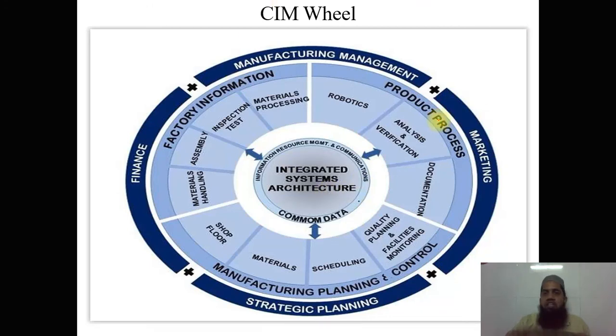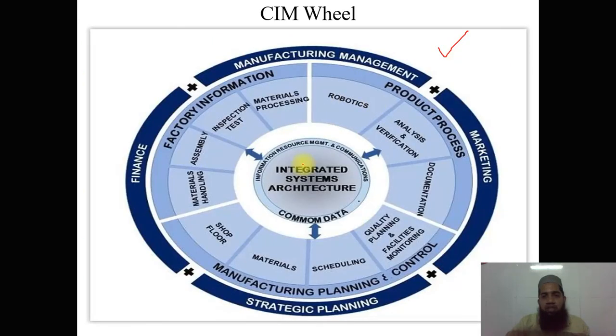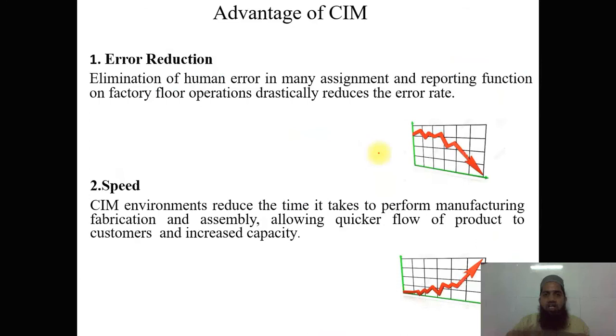Okay, so this is very important with respect to your end semester examination. In the SIM wheel you have to explain these four islands. You have to explain these four islands in detail, because sometimes it is asked for 5, 8 or 10 marks, so according to that you have to write in the final examination. They always ask about the SIM wheel, or sometimes they ask what the different types of elements of a SIM are. So there are 4 elements, and under the 4 elements we have different types of departments. These departments always work under the banner of these 4 islands. Okay, so you have to remember.